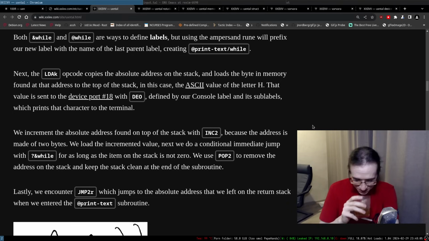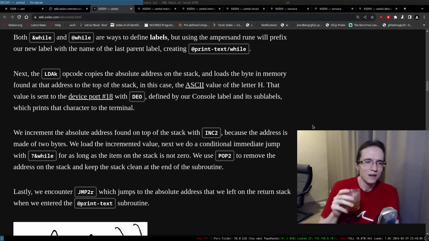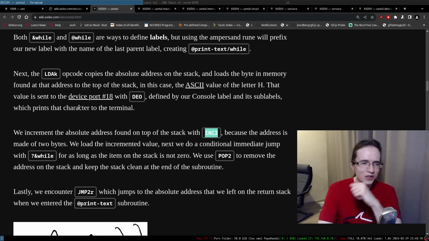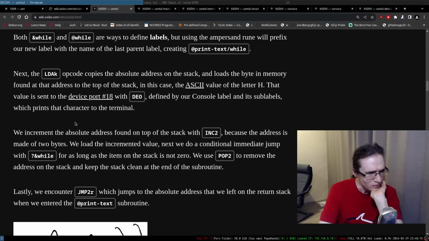What? That's a very interesting justification of using inc2, but we increment the absolute address found at the top of the stack with inc2 because the address is made of 2 bytes. All right.